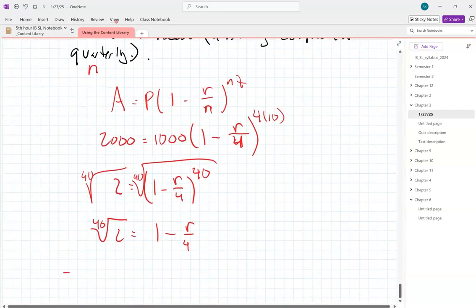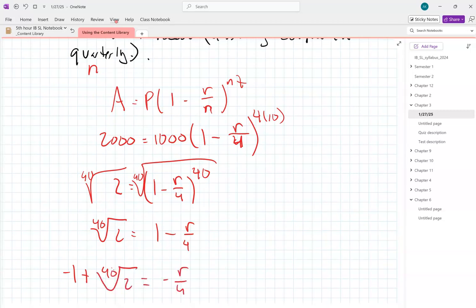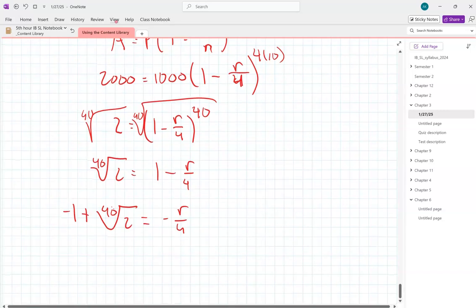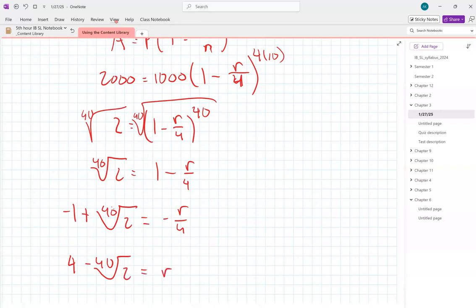I'll subtract 1 from both sides. And then multiply both sides by -4. And we will get